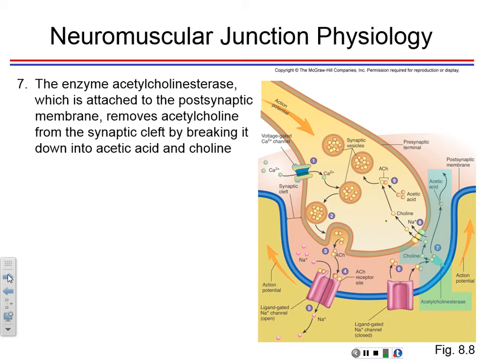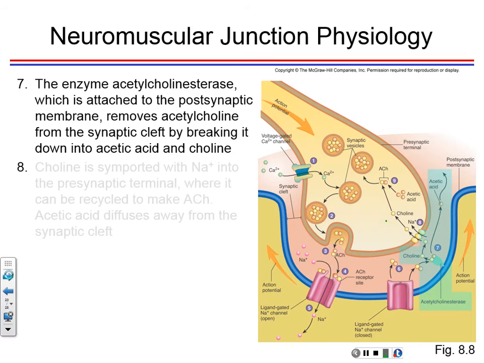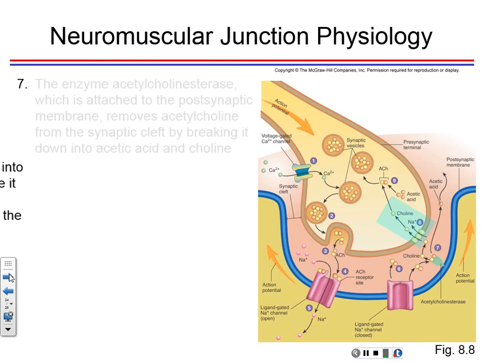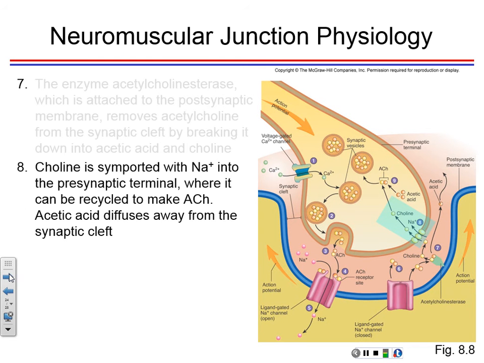So the number 7 step is pretty much acetylcholinesterase breaking down acetylcholine into choline and acetic acid. Acetic acid just diffuses into blood, and then it's recycled again. And then the next step is to do with the choline, right? Boom. So the choline now